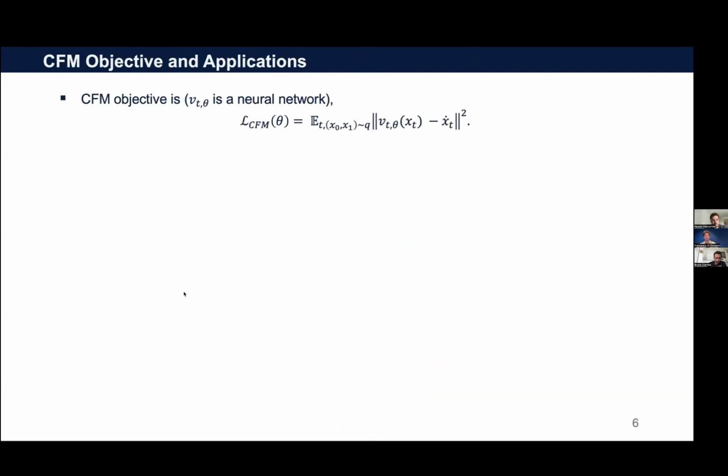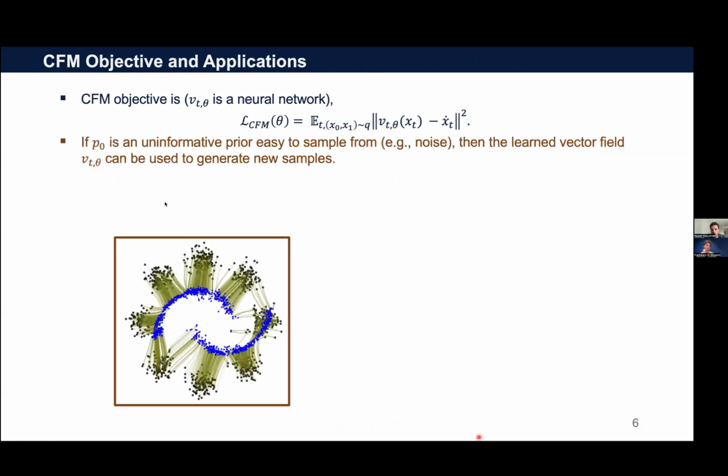And so now having the straight line interpolants, how do we get the vector field? So we parameterize our vector field as a time and x-dependent neural network. And the objective is then simply regressing the conditional vector field in expectation. The traditional application of such a framework is generating new samples from some easy to sample and informative prior. For instance, in the picture we're generating half moons from 8 Gaussians, but we could also generate images